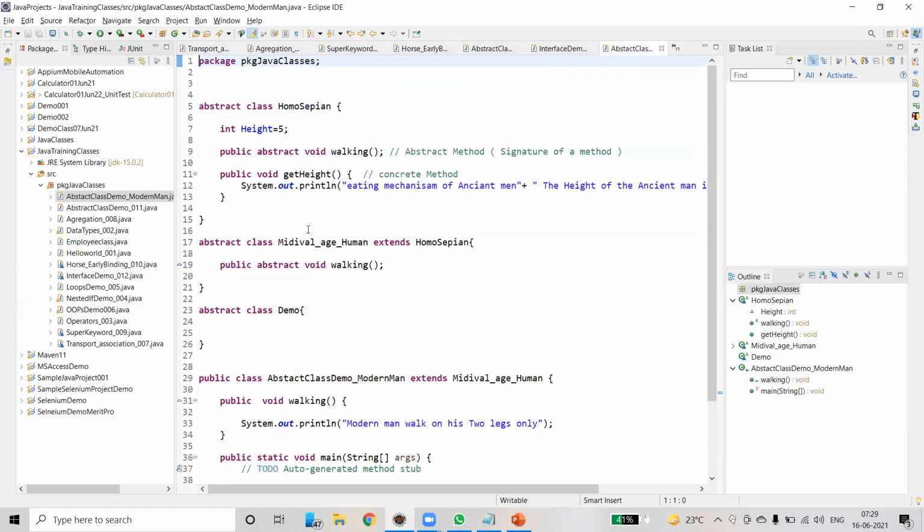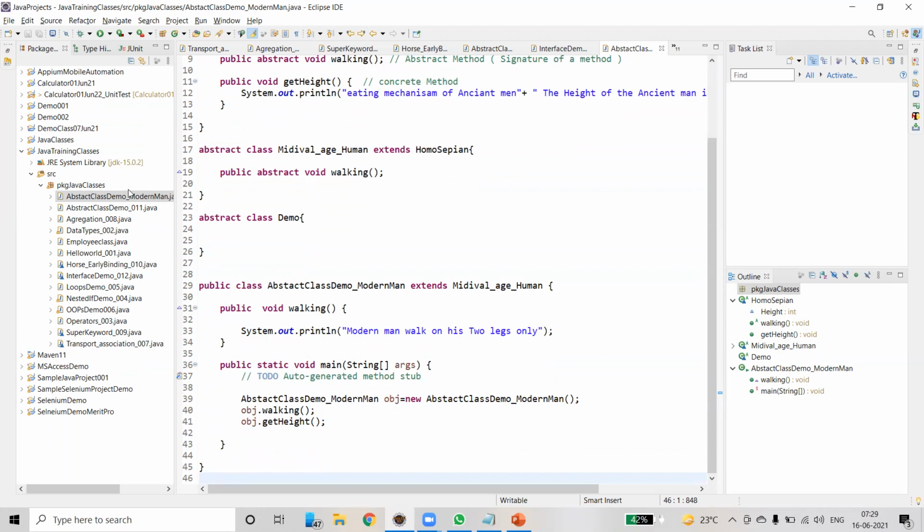Now we know the purpose of abstraction, the purpose of using abstract methods and concrete methods, and how to use abstract classes. We have partially implemented, right? At the time of creating the class, we are not aware of who is using the class and the implementation of a function. Hence, we have unimplemented methods inside abstract classes. We can implement the abstract class functions when we extend this class in a derived class. This is all about abstract classes.